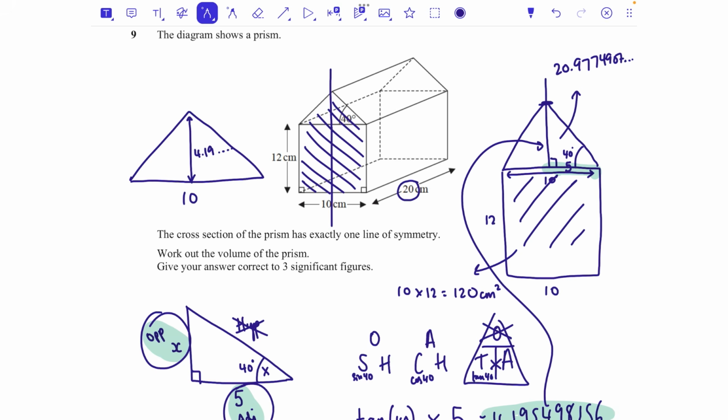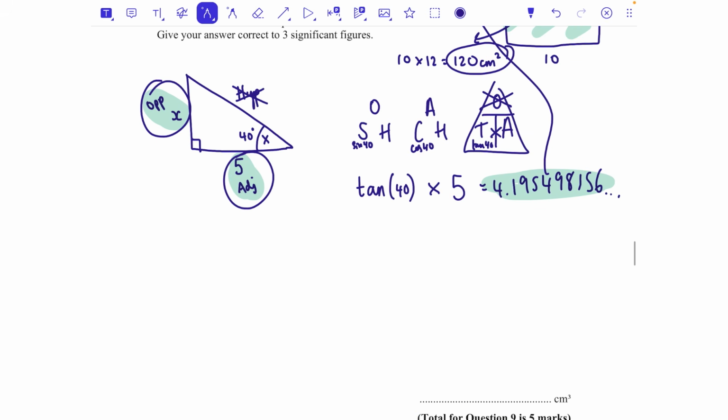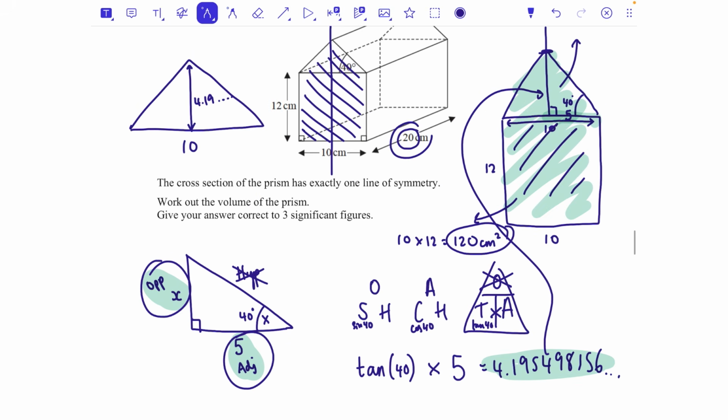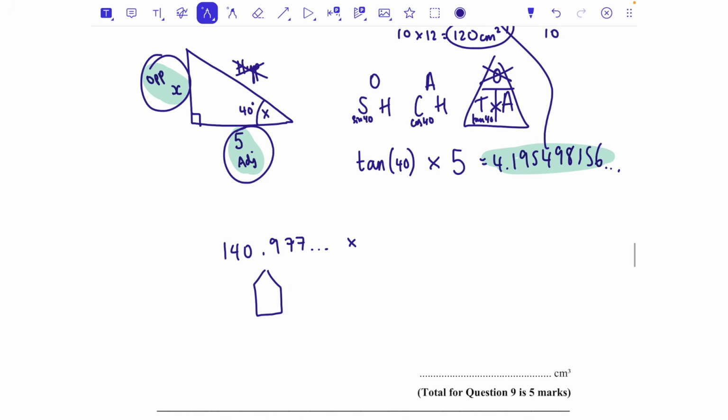20.977497, which I then want to add to the 120 to get a total area of that whole cross section. So let's add 120 to that, and that gives me 140.977. So down here, 140.977, that's the area of the cross section, and then we need to times that by how far back it goes, which we said was 20, the length of the shape. So times that by 20, that's going to be